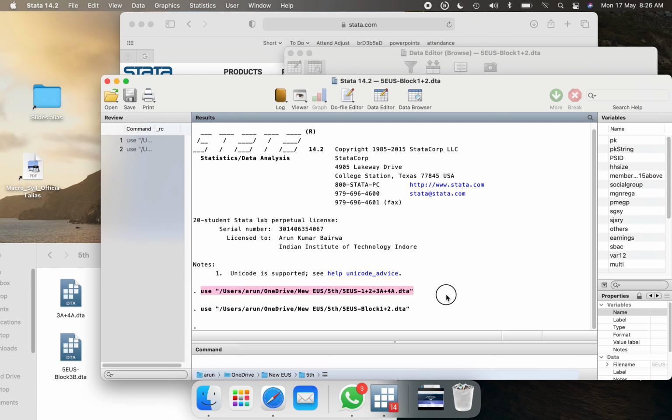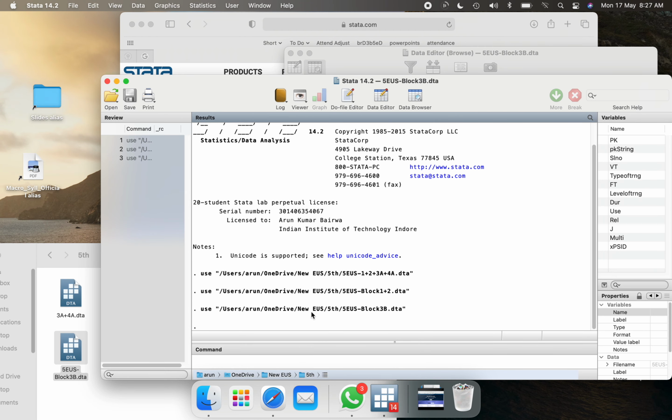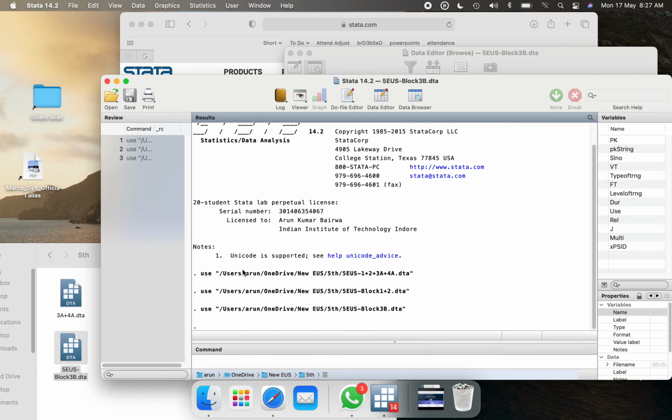See, this is the first data file, this is the second data file, and even if I use a third one, it also opens in this same session. But I want to merge this data set or compare it with another data file, so I need two sessions open at the same time. That is not possible on a MacBook because it opens only one instance at a time. In Windows multiple instances are easily possible, but on a MacBook it is not. So we have a particular solution for that.